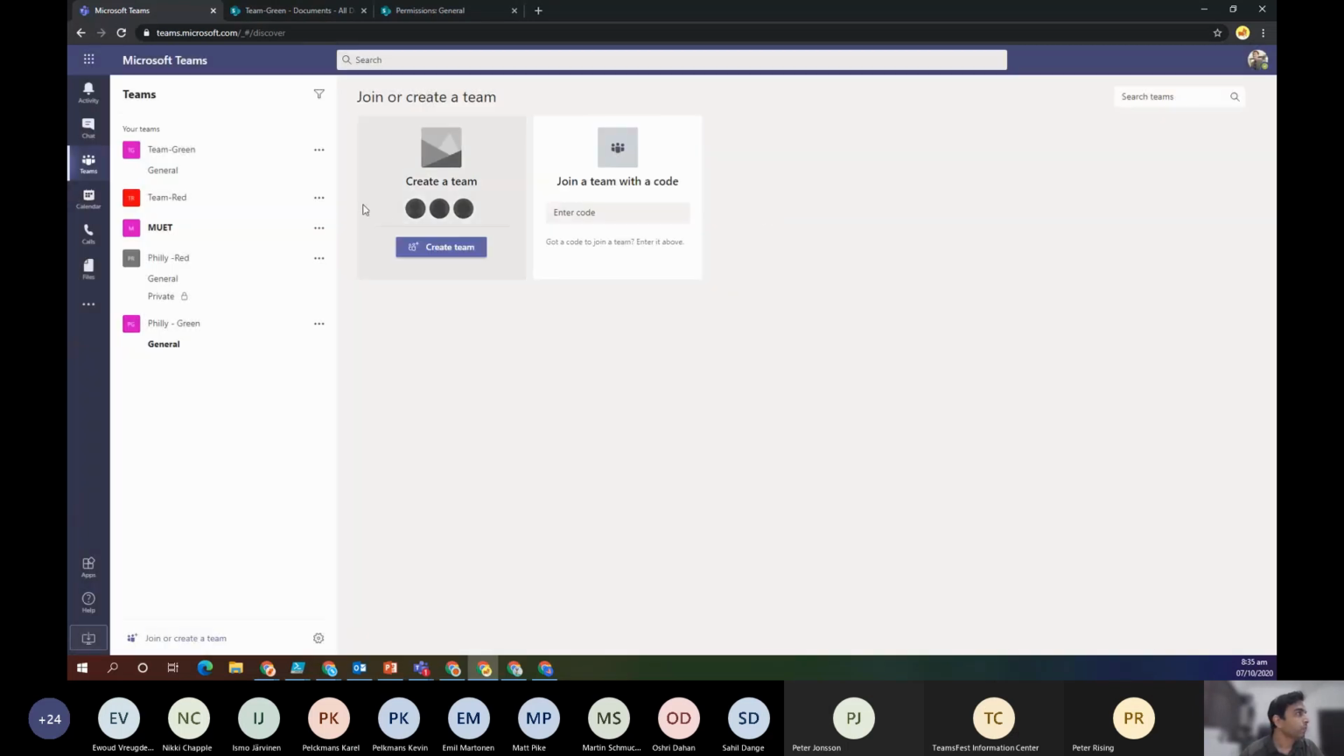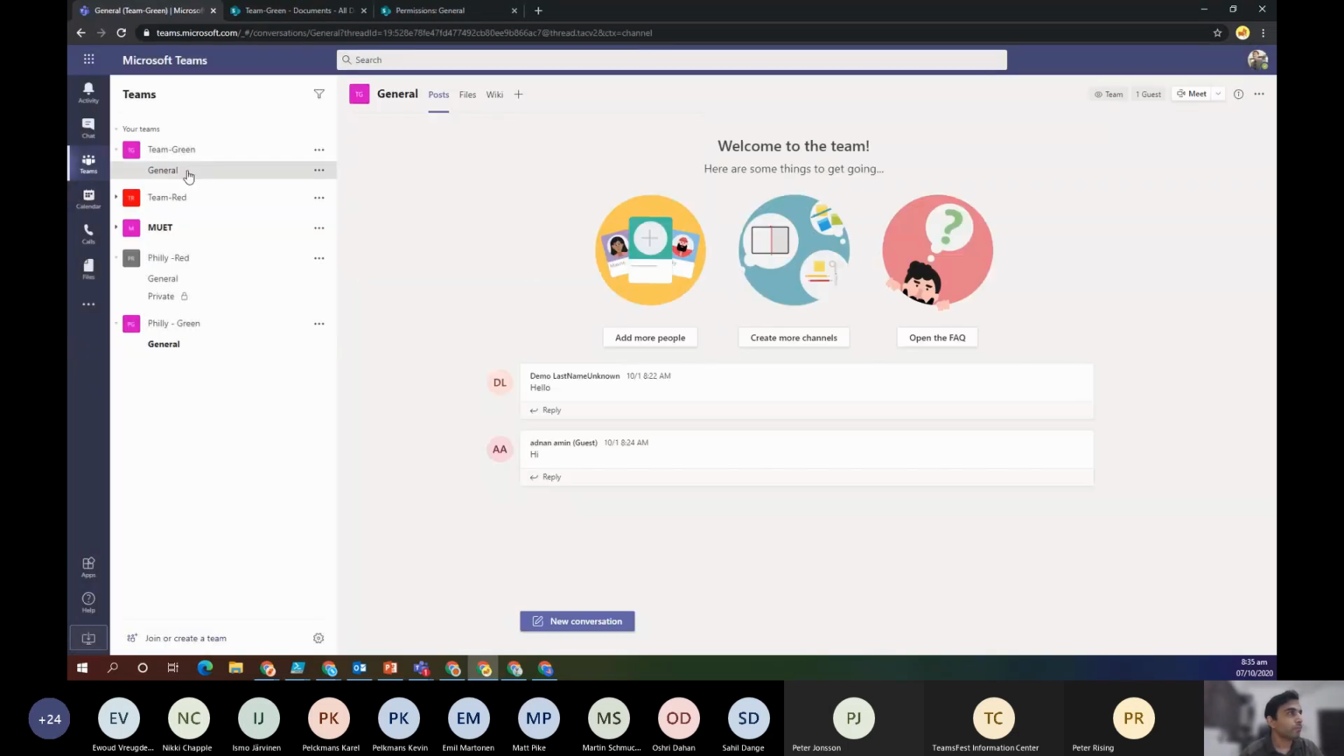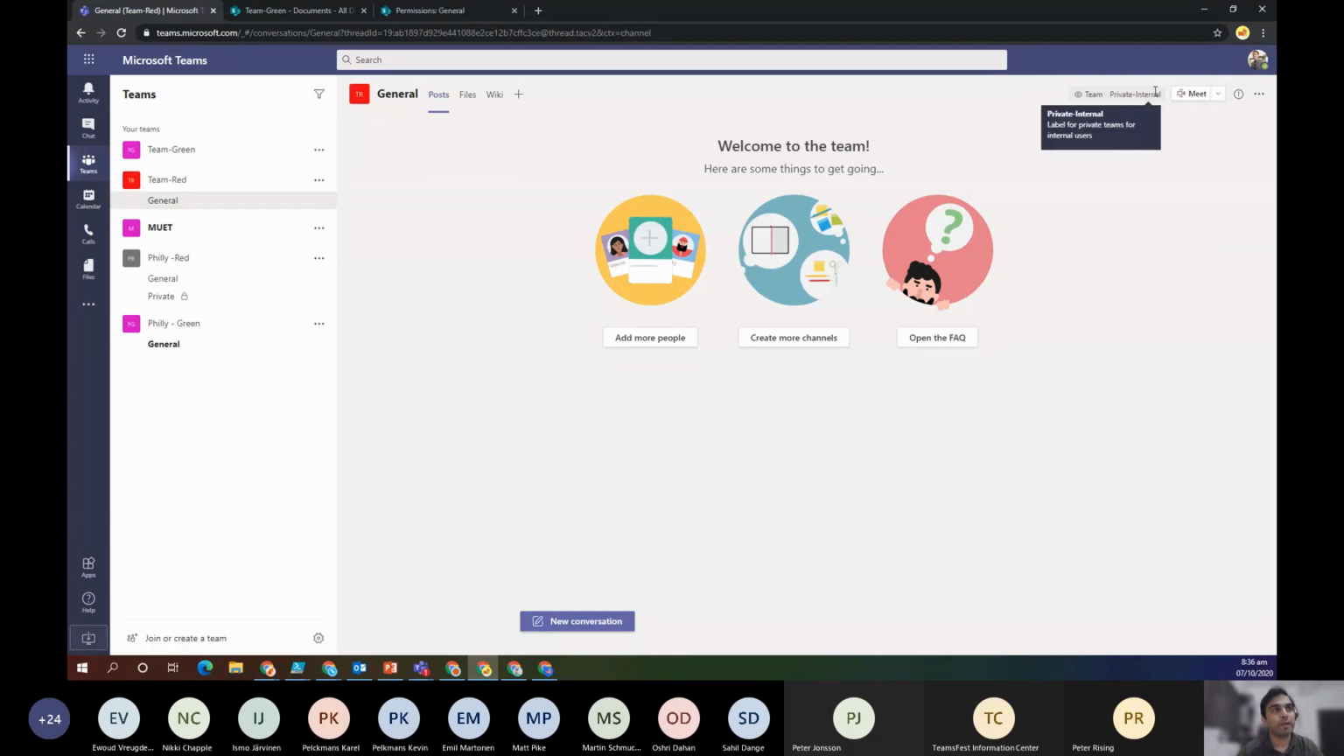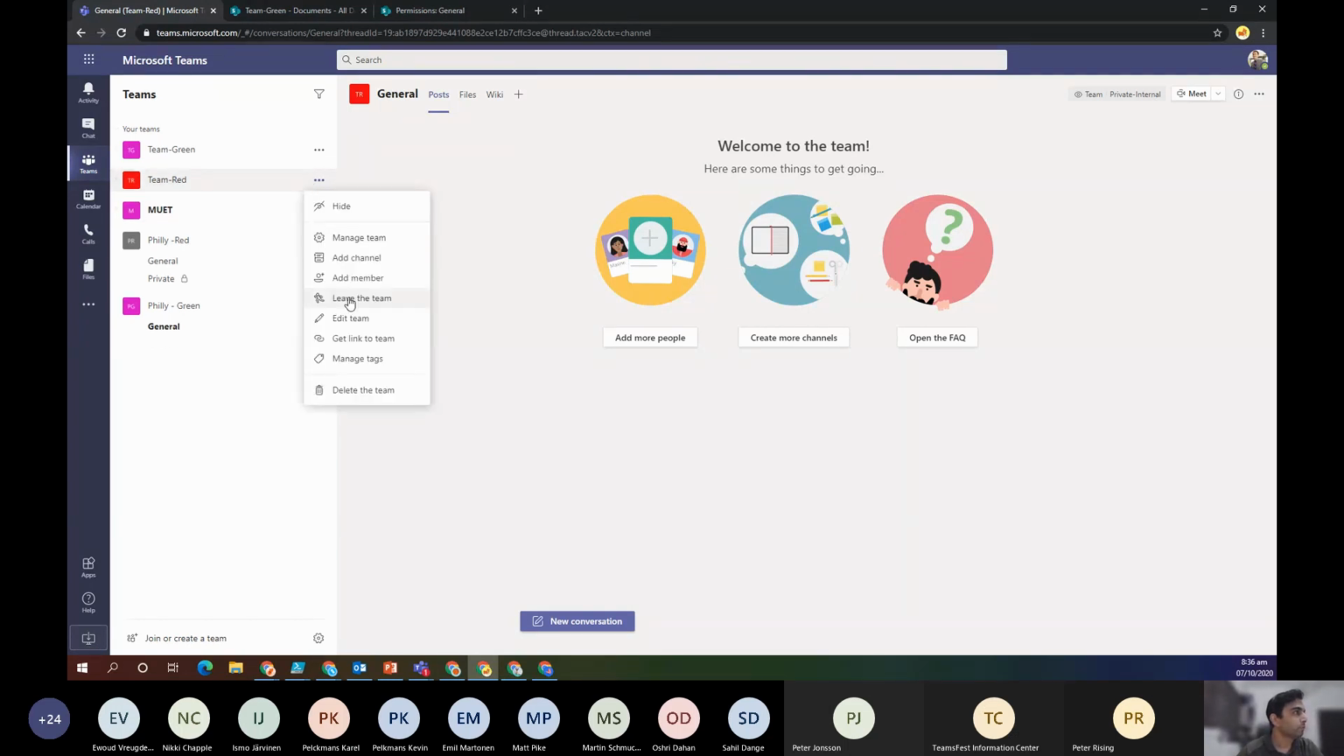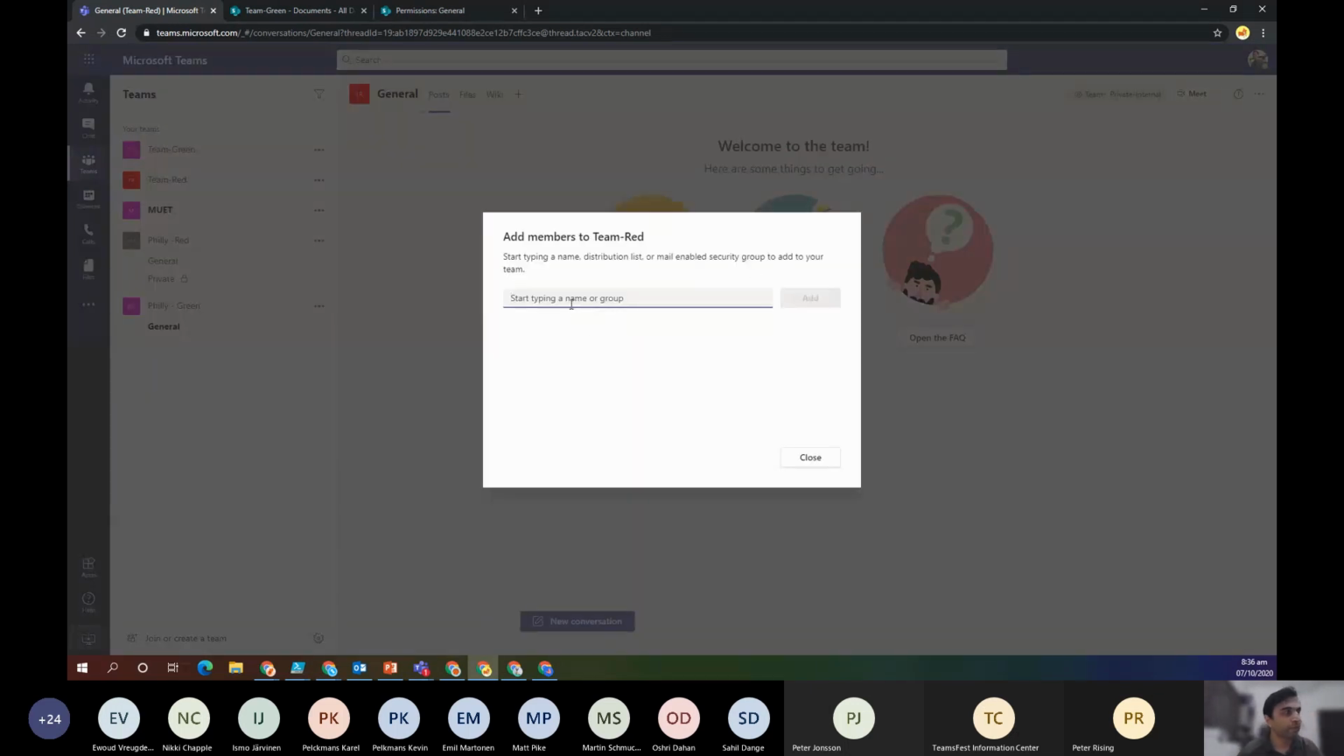So, for example, this is team green, and here you can see that this is set up as a private external, where I have allowed the external guest user, and this is the one where I haven't allowed external users. So if I go to members here, this is the group owner, and if this user is trying to add any of the guest users,